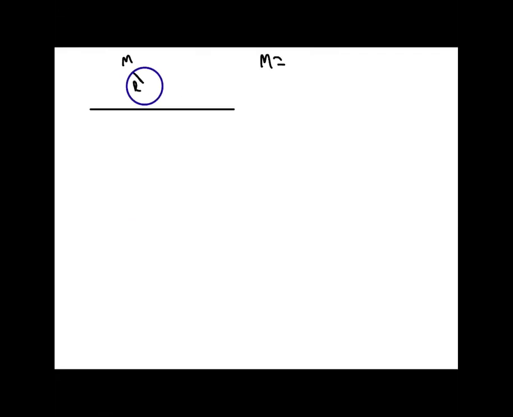Make up some good numbers for that. And then it is moving forward with some velocity, let's say 2.1 meters per second, and it is rotating at,